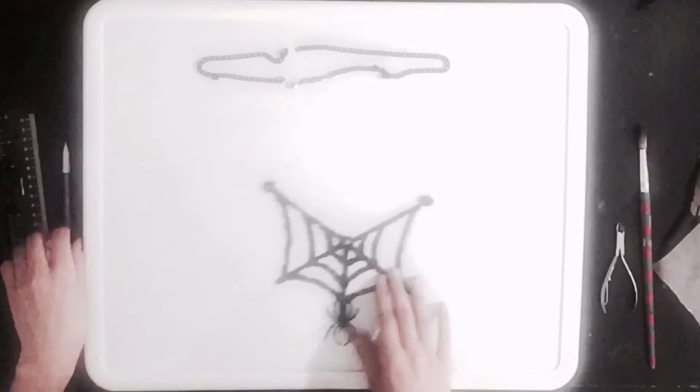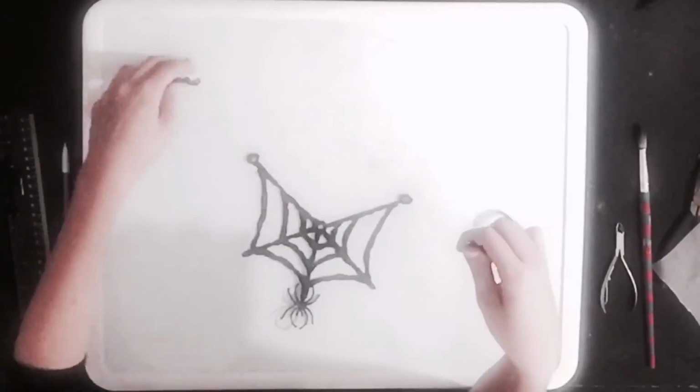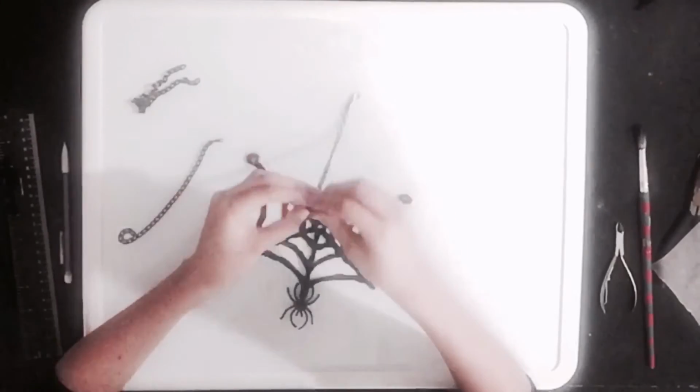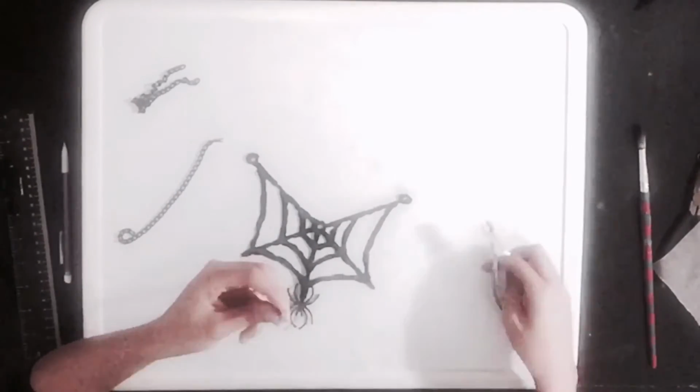I'm recycling this necklace chain from a piece of jewelry that I don't use anymore. To keep the amount of chain even on both sides, I'm folding it in half and clipping it in order to keep it even. I'm actually going to be using 2 pairs of pliers, one small pair and then one